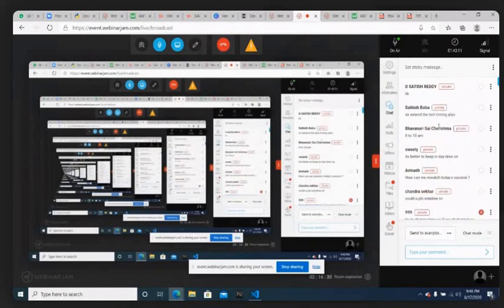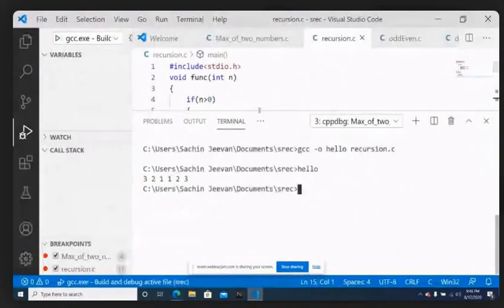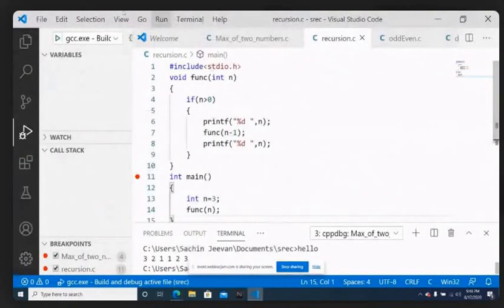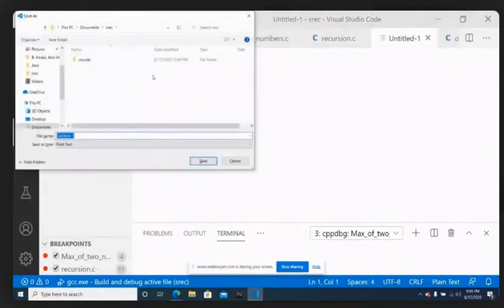Okay, fine. So now we have 12 minutes in hand. In 12 minutes, we'll take the same program, type it in the editor, and try to find the output of the file. The name of the file, let me take it as recursion_1.c.